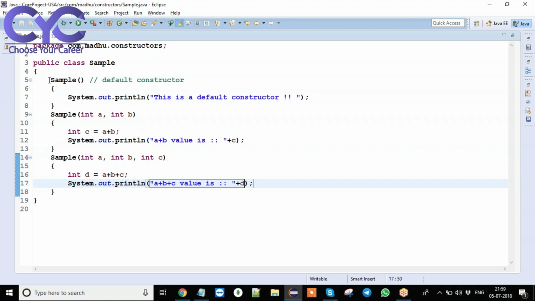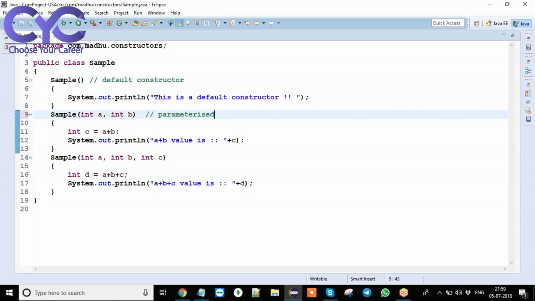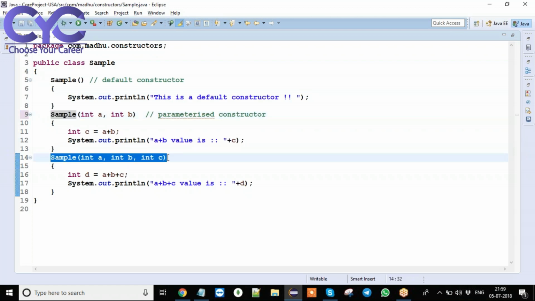Observe here. Here it is a default constructor. This one is what? Parameterized constructor. Now see here, constructor with no arguments, same constructor name. Here also same constructor name with 2 arguments. Same constructor name with 3 arguments. So similar to method overloading, constructor overloading is also possible in Java.